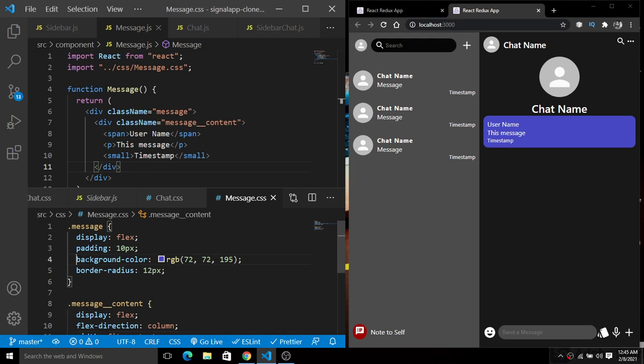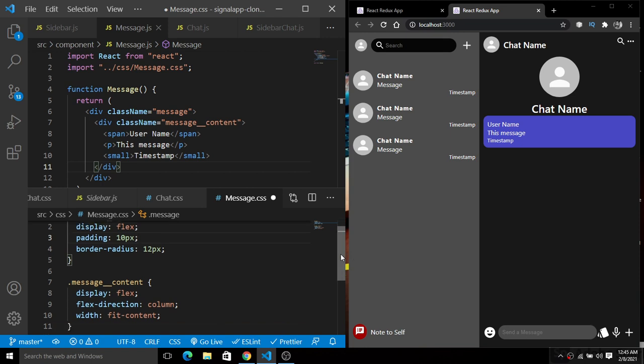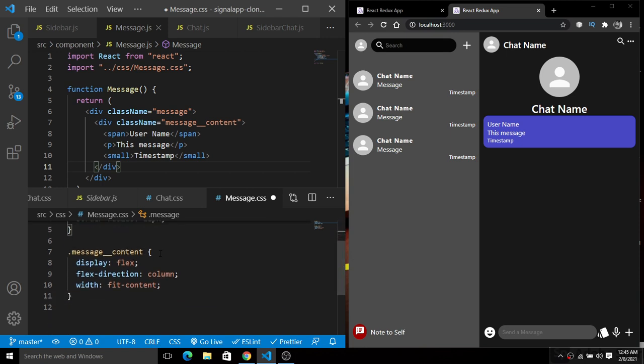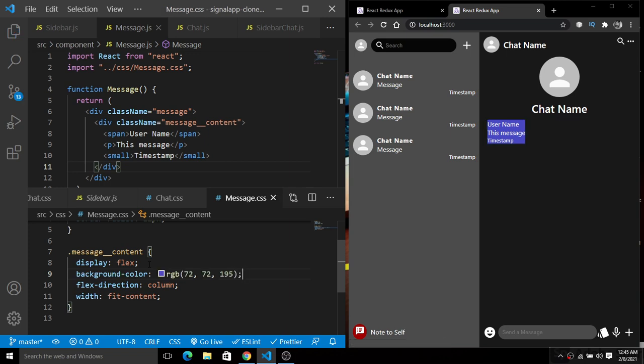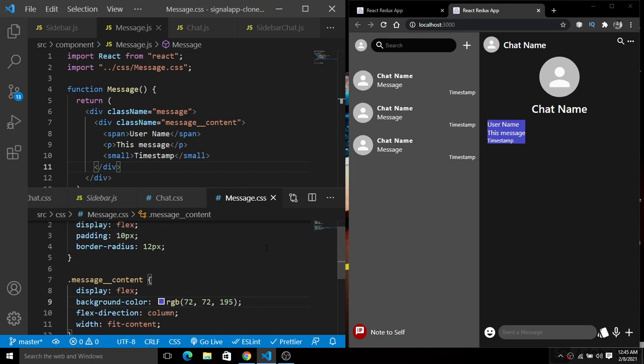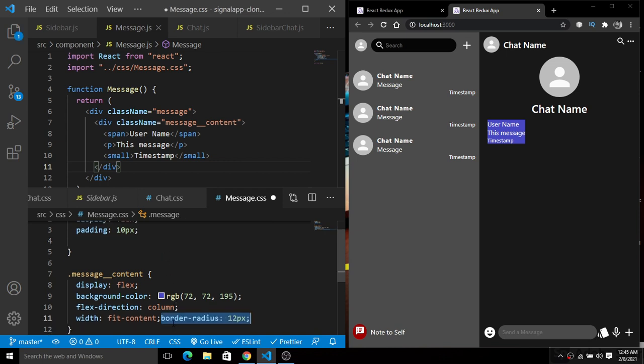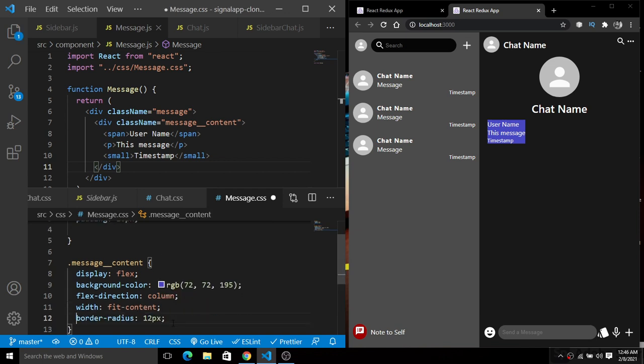So grab this background color from there and put it inside of this message content. Now save this. You will see it will be a fit content here. And now for this border radius here, grab this border radius and put it inside of this, just like this. Fine. So we have these things here.